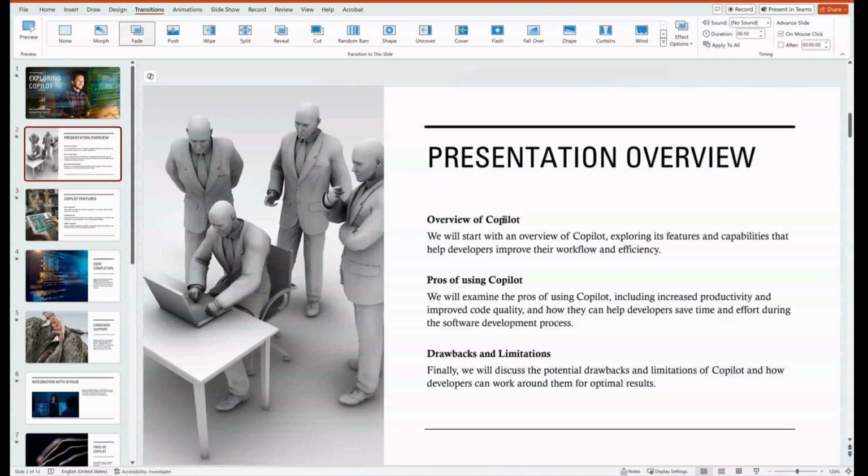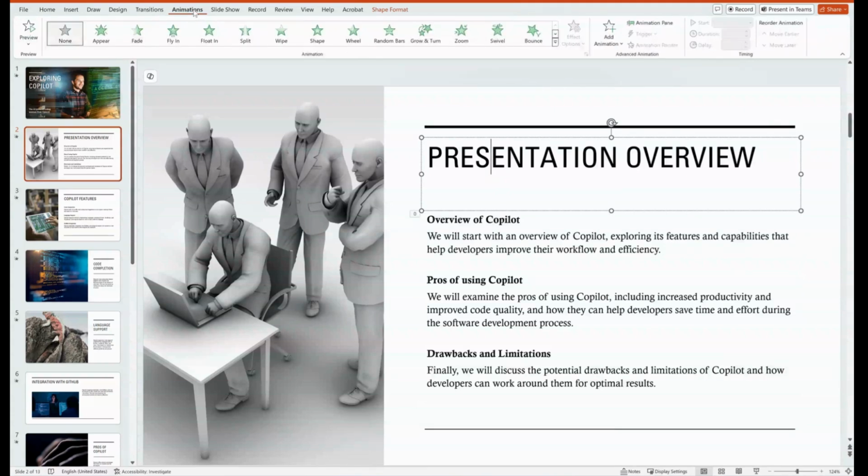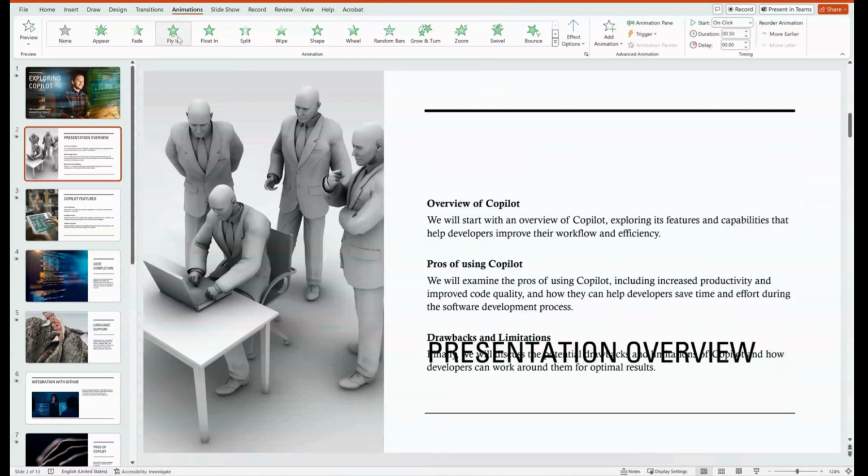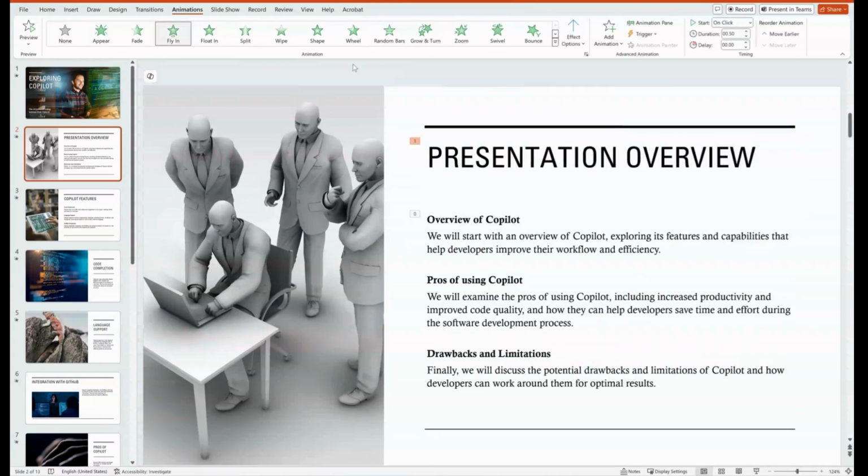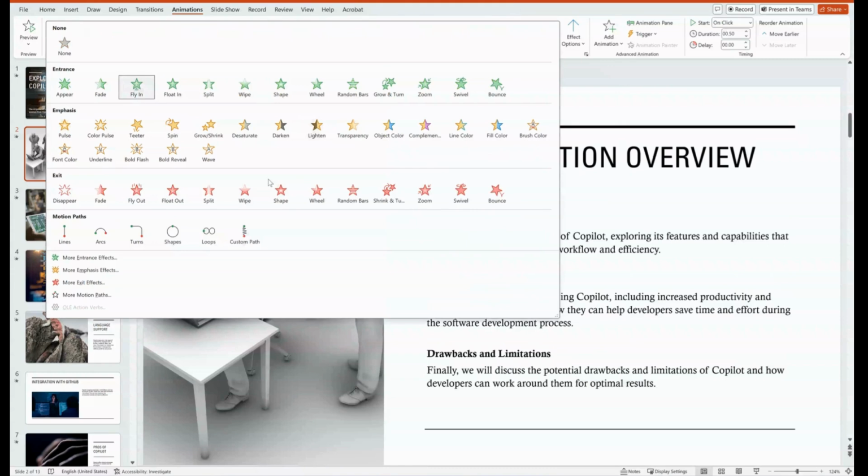Animations are ways we can present the information that's on the screen. So I come up to the ribbon, select the menu animations to see this ribbon, and now we have options for that. So I have this highlighted, and I'm going to do fly in. So it flies in. Again, we can see more by clicking this button, or this one shows all of the available,